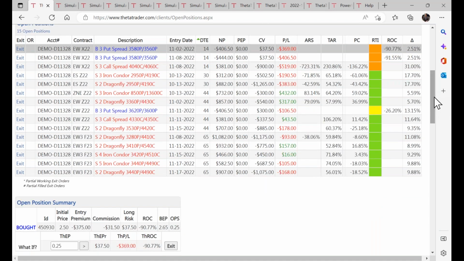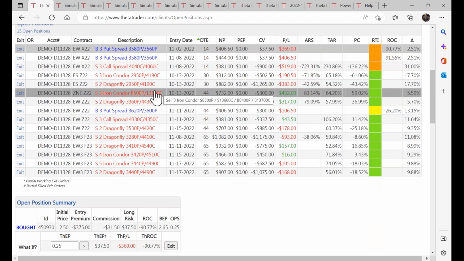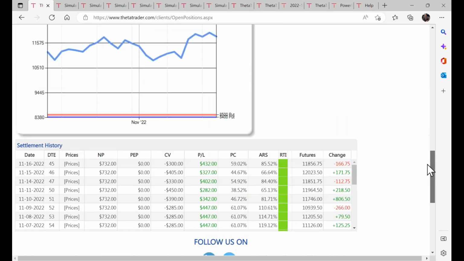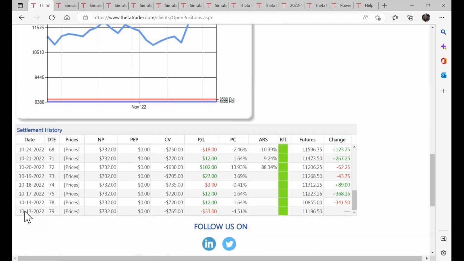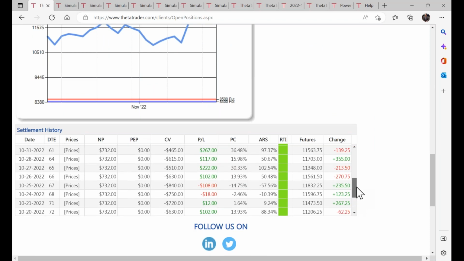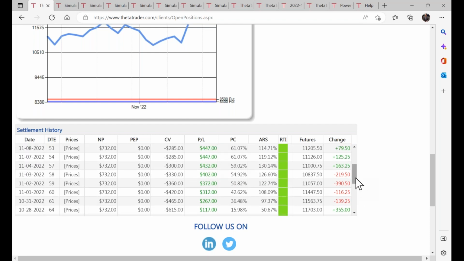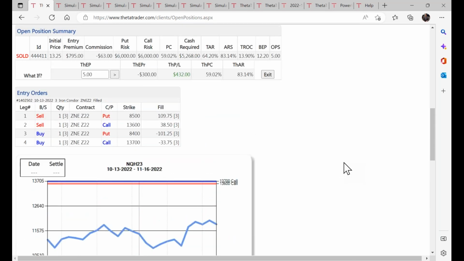If you want to look at something that is, I don't know, let's look at this particular trade here with 44 days till expiration. You're just going to click on it, and then you can kind of drill down and go backwards in time and look at it from the perspective of the first day you placed it. So here you go, you placed this on October 13. It had 79 days till expiration, and everything is looking good. It's probably getting very close to maturing enough for an exit signal, actually. But yeah, so green RTI, do nothing. Just let the trade mature.